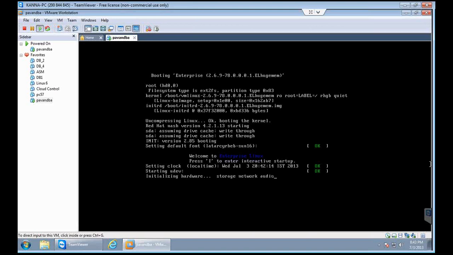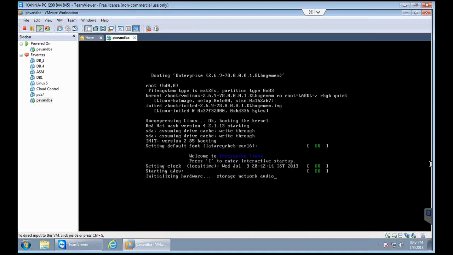Actually, it might not have stuck, but it would take some time. What is the RAM size that you have allocated to VMware? Okay, so 1.5 GB may take some time to boot up. So that might be the reason.